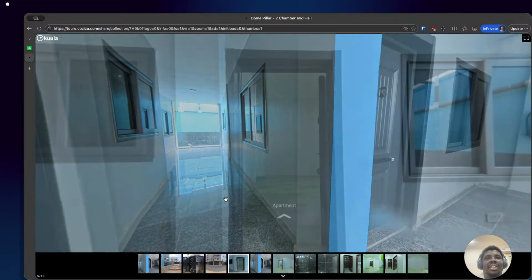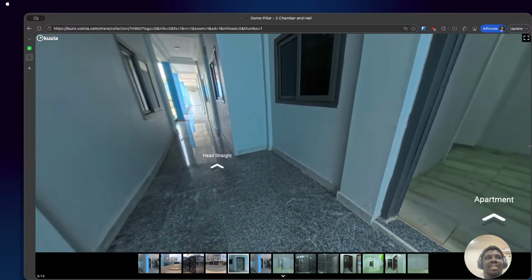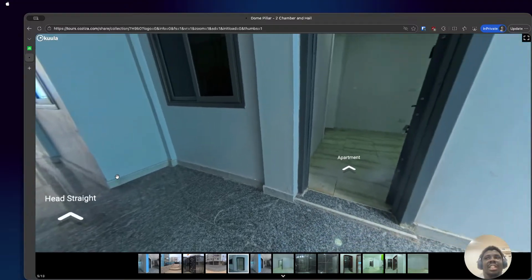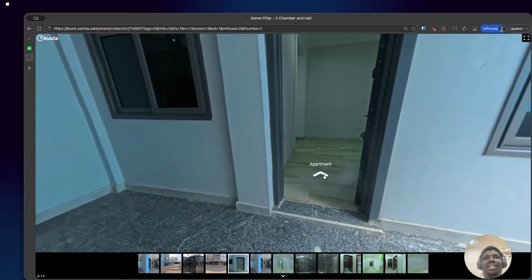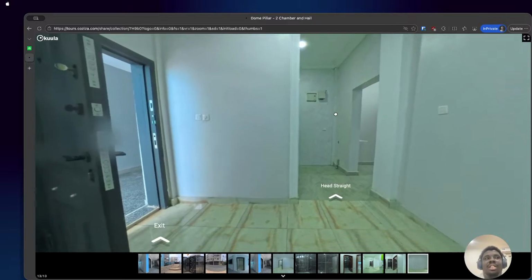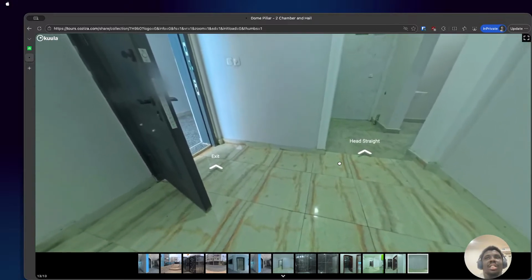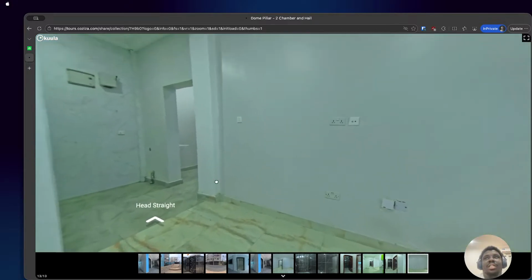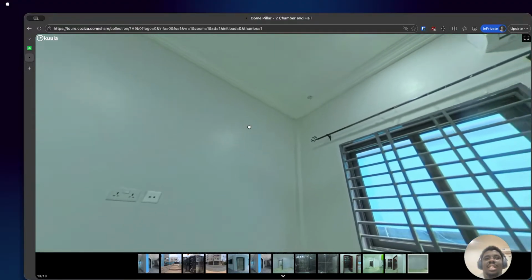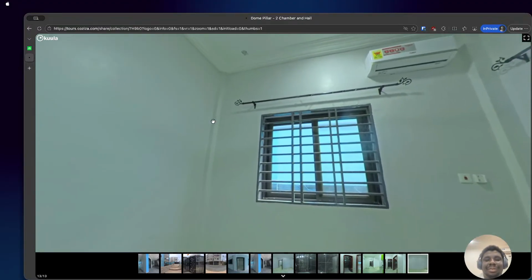You can check out the space itself. And it's all well and good. Except